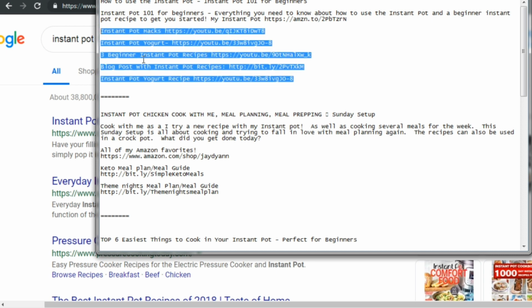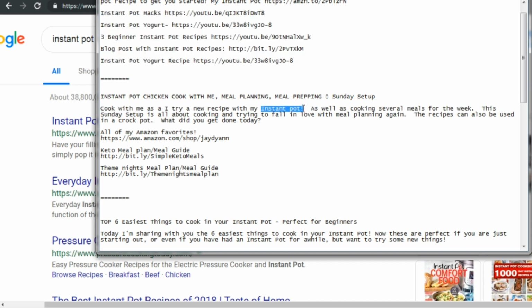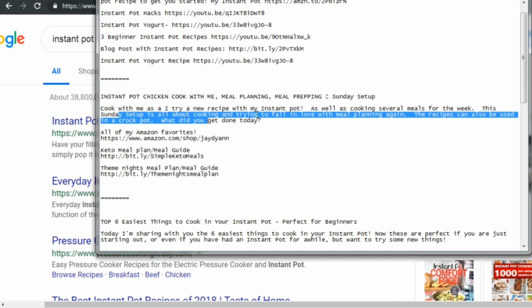So now we look down here, it says Instant Pot Chicken. So this is the lady who is ranking really high on Instant Pot, but also Instant Pot Chicken. So it says cook with me as I try a new recipe with my Instant Pot. So we can see the keyword Instant Pot here. And as you can see, the description is really written for the user, but it contains the keywords that are